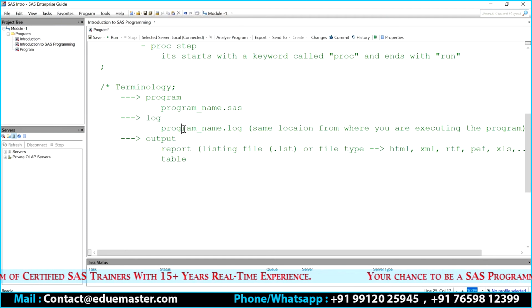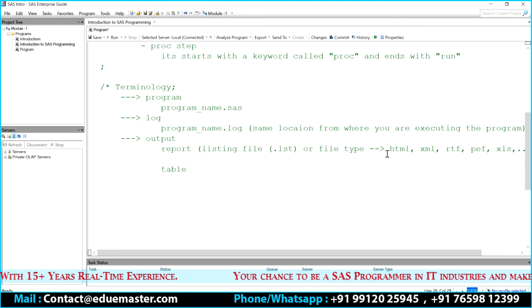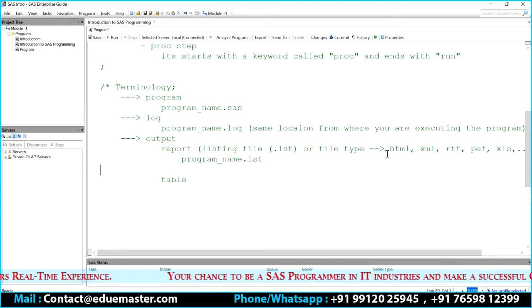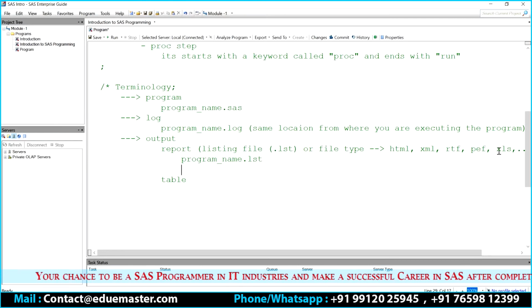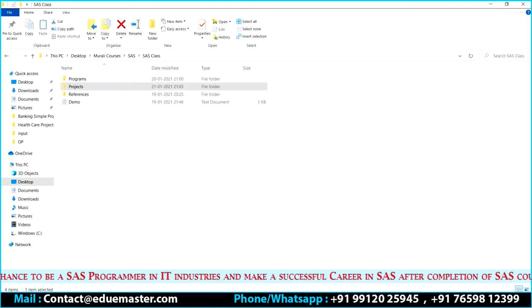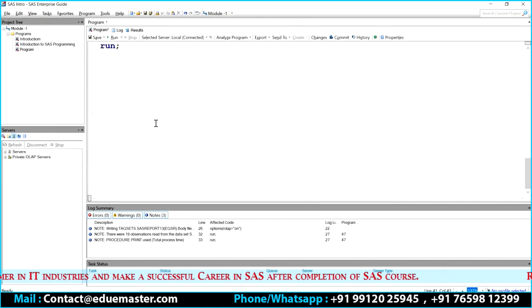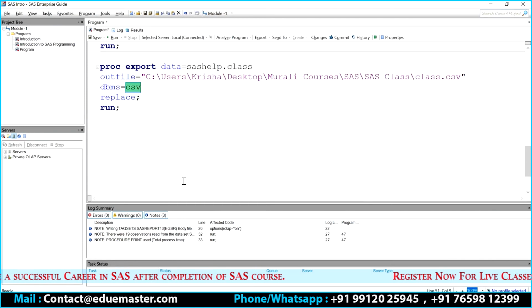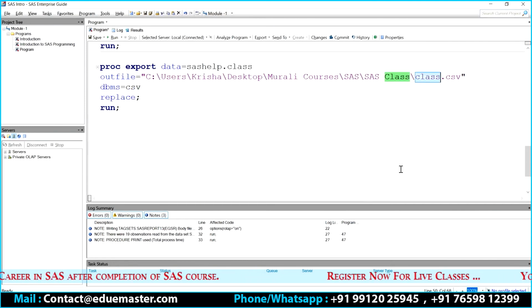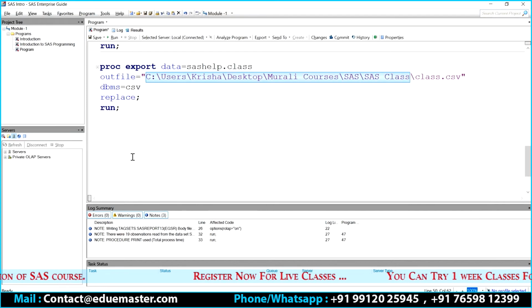So it is a listing file with an extension of .lst with the same name, for example, the program name .lst. Or, let's say these are my output files. Here, the output file I want to create, you can see at the end I have written, is a CSV file named class.csv. I'm storing that in this location.